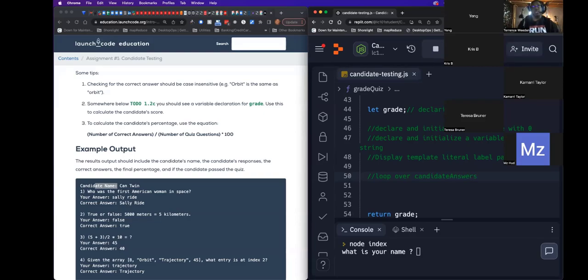And don't forget, when you're looping over something, the anatomy of the loop, you need to know that it's an array, and you need to get the length of it. So don't forget, you need a property. Loop over the candidate answers. Remember, length is the property. So remember, candidateAnswers.length. So now I have this loop, and then inside that loop,